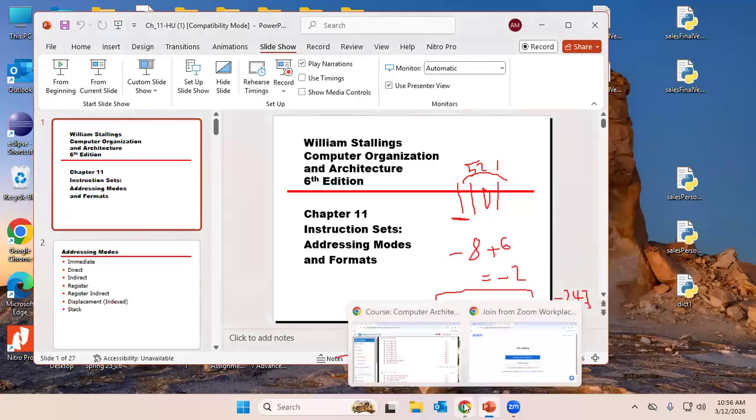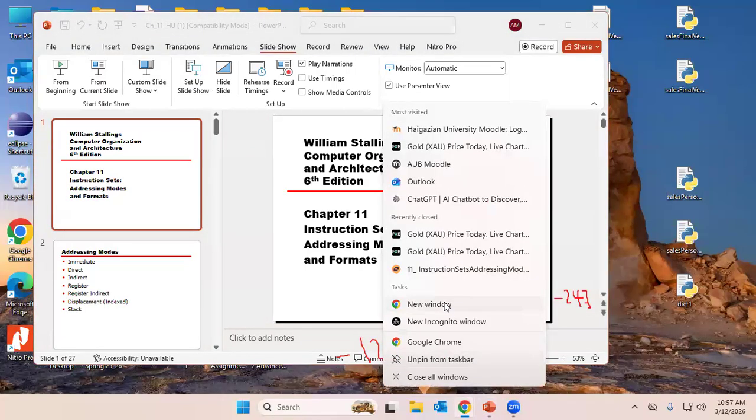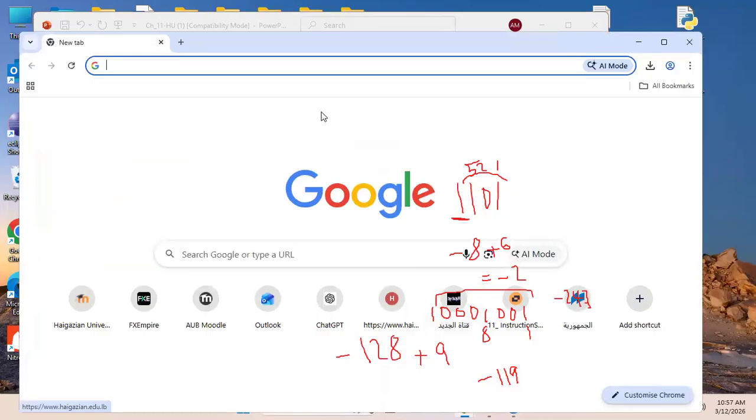So what I was trying to do is go to Moodle. Moodle always helps us, with the new window, and just give him the number. What is